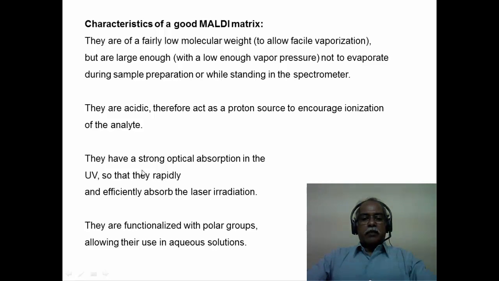This is also extremely important. They have to absorb the UV light of the laser. They are functionalized with polar groups, allowing them to be used as an aqueous solution. In other words, during sample preparation, they can be dispersed either in a polar solvent like acetonitrile or polyethylene glycol, or they can be simply dissolved in water and the aqueous solution can be plated